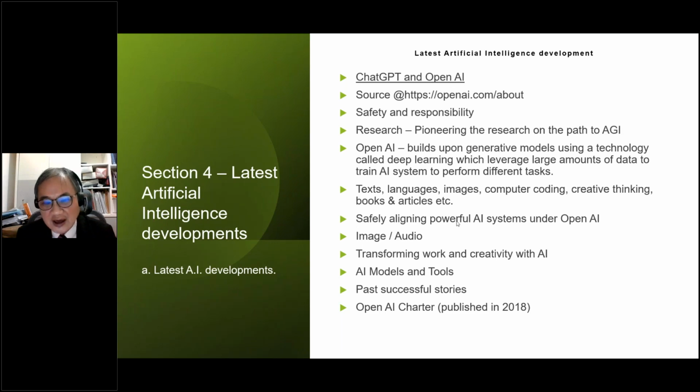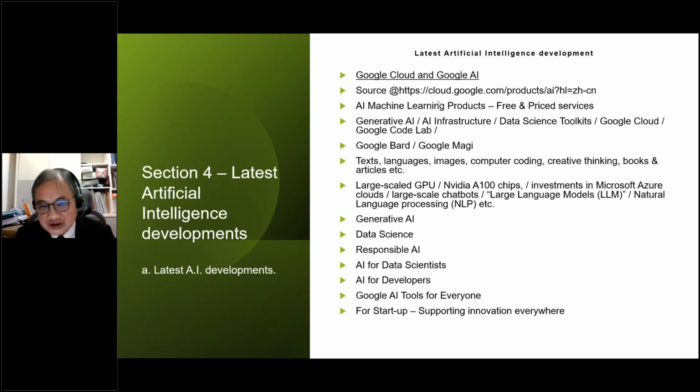These are the key points I wish to say, and I also wish to compare to other global tech giants in their development of the cloud and AI service, including Google Cloud and Google AI. These are the key insights and key initiatives.